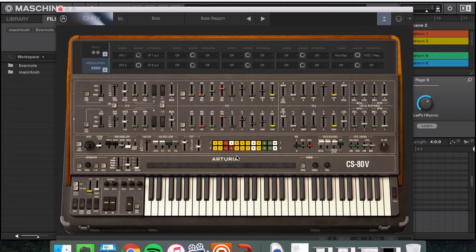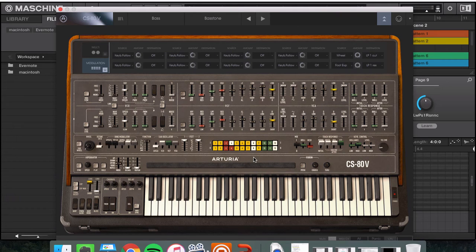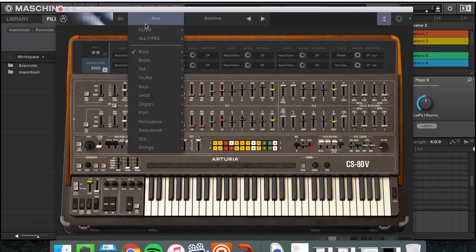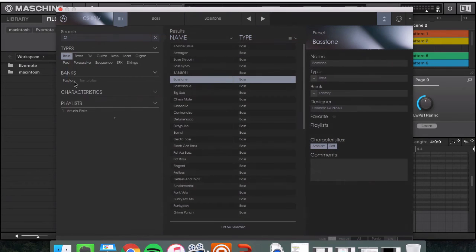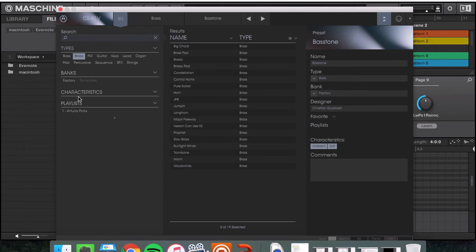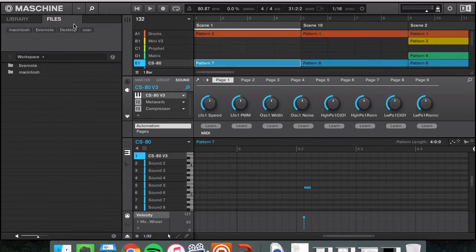So as you're creating a beat, you don't have to spend time searching through all these individual presets to find the sounds that you like. You already have something that you can work with and grab quickly so that you don't let your creative juices sort of flush out. Your creative energy keeps on moving forward when you already have a set amount of presets in your bank that you have access to. So that, for example, when you need a bass sound, you can just jump into this library, grab your bank, for example, let's say bass, and then select the exact preset that you're looking for and move forward that way, all right? So that makes it a lot easier.